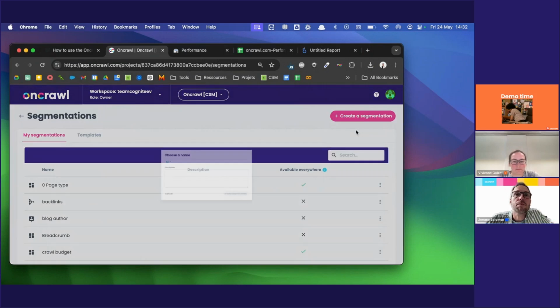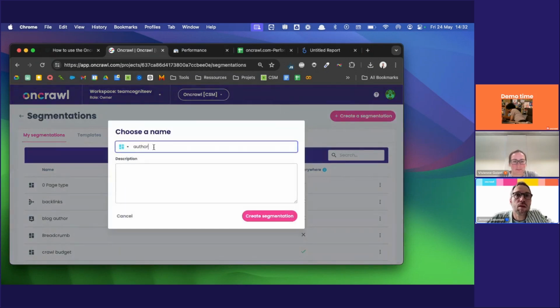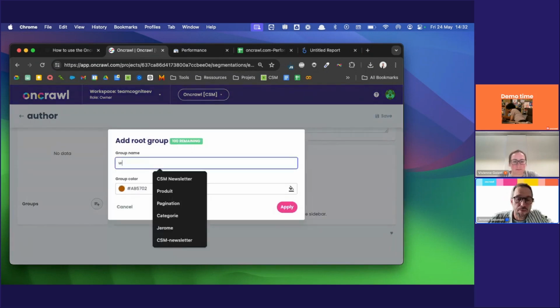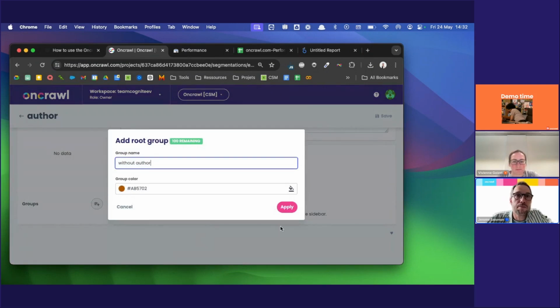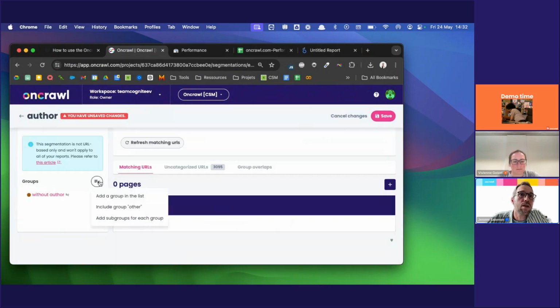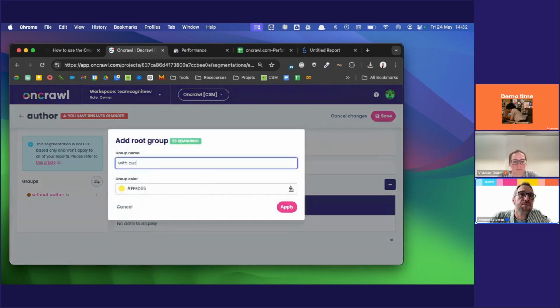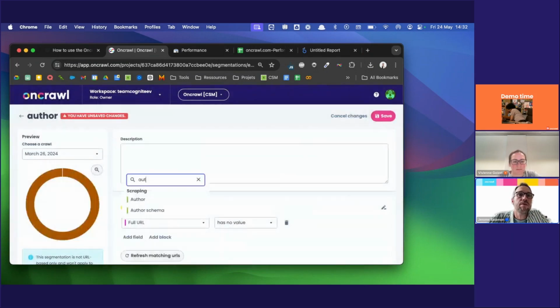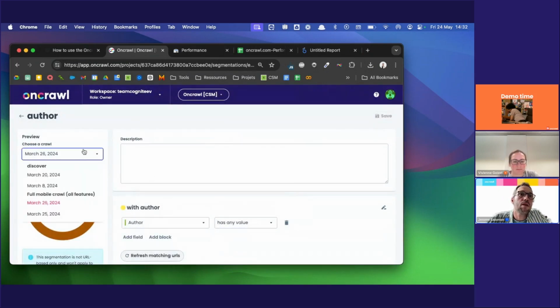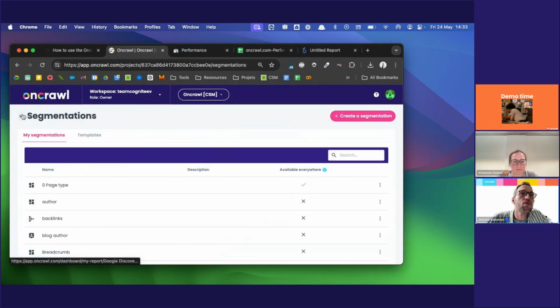To be really precise on the process, we'll create one group with pages that have no author. So we create a group without author. Select your field author, and here you say has no value. And then you create the other group. Select the field, and this time you say has any value. Okay, so you have your two groups,